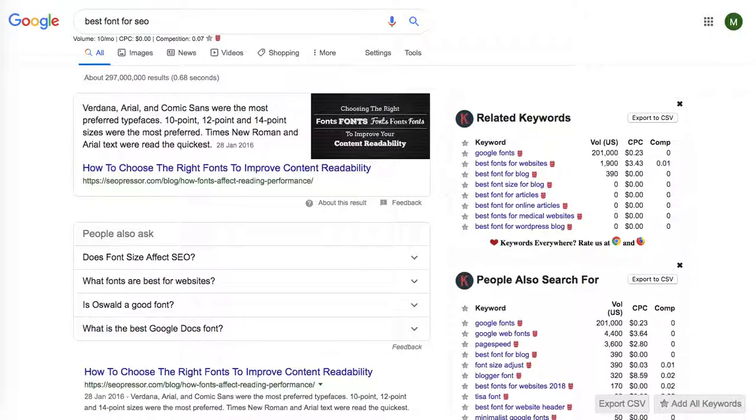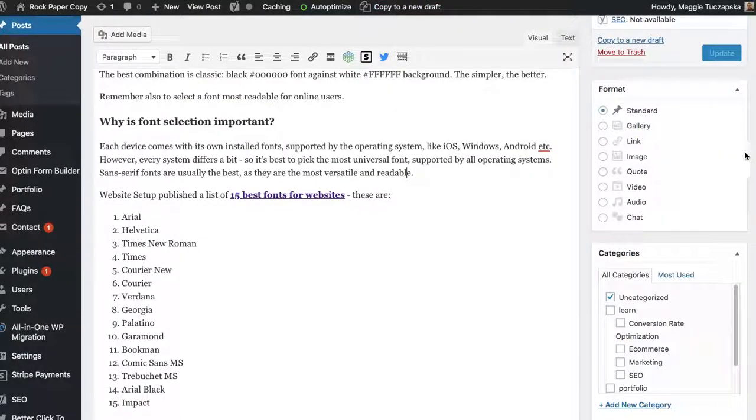Hey guys, in this video I will show you the next step on how I optimize the article. So at the moment I have added the missing content, so the paragraphs that I didn't create in the beginning, and now I am going through the article and proofreading it again, and I am adding my main keyword, which